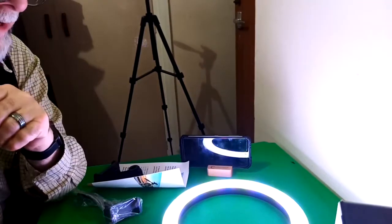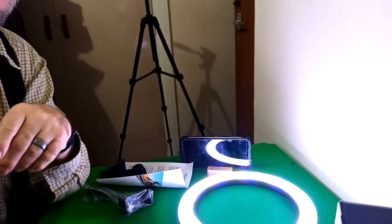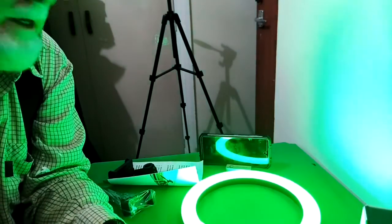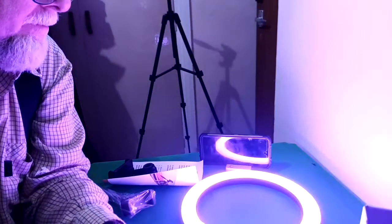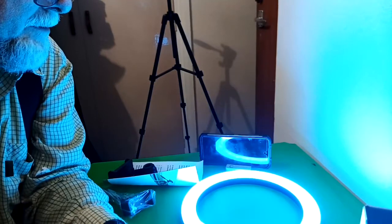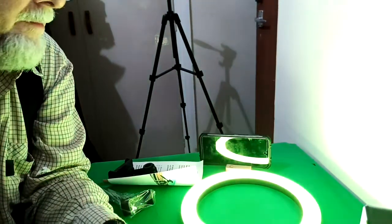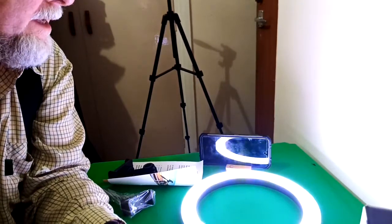So as well as the normal 3 shades of white and making it lighter and darker, you also get some interesting colour effects with this ring light, which may help a lot of people. Some of them show up better than others. So that's red, that's green, that's blue, that's yellow, that's purple, that's a light sky blue, and now we're getting into the flashing modes. This is flashing different colours, and there's lots of these, so that you can use them for special effects if you want to be all psychedelic while you're doing your...